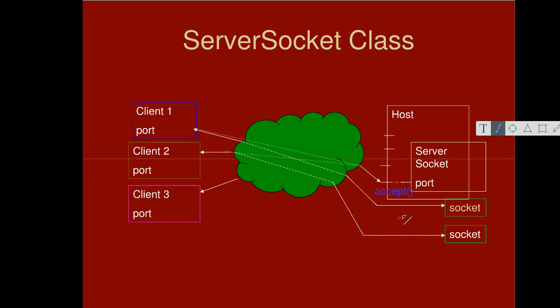And if, however, the server which was listening on this port, so here you are, you're client number one, here's the internet, and you've actually got a connection on this port. What the server socket will do is to create a brand new socket just for you, on which you, client number one, can communicate. So you've got a dedicated socket.